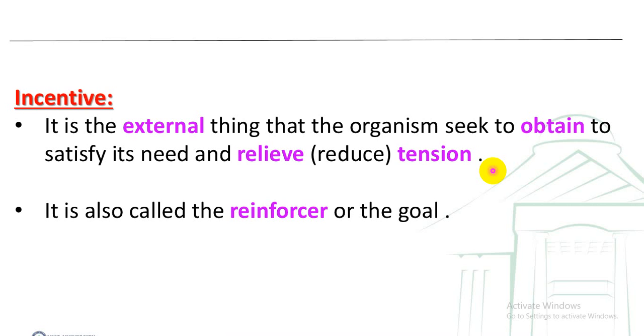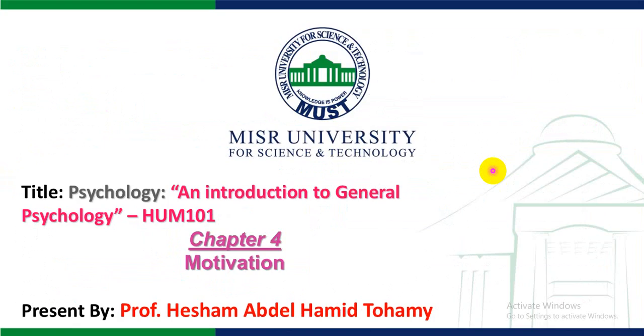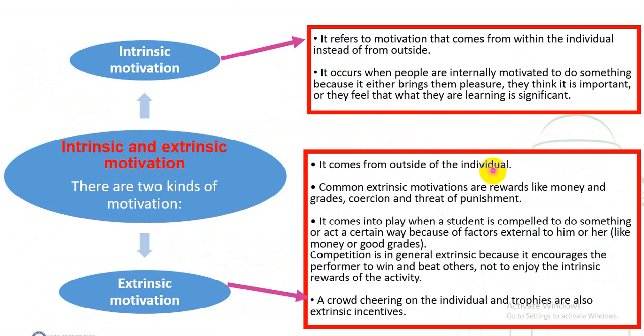Now, I would like to summarize what I said today. Number one, we differentiated between intrinsic and extrinsic motivation. And as we said before, intrinsic motivation refers to motivation that comes from within the individual instead of from outside. It occurs when you are motivated to do something because it brings you pleasure, you feel happy if you do it, or because you think it is important, or you feel what you are doing or learning is